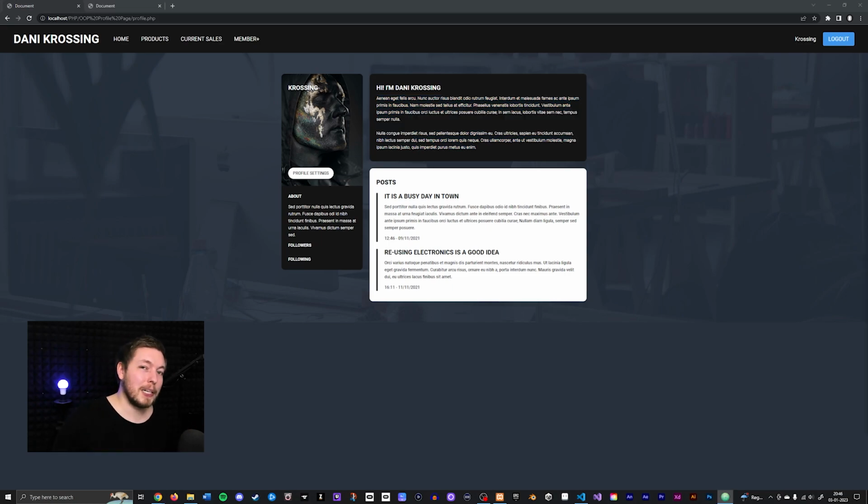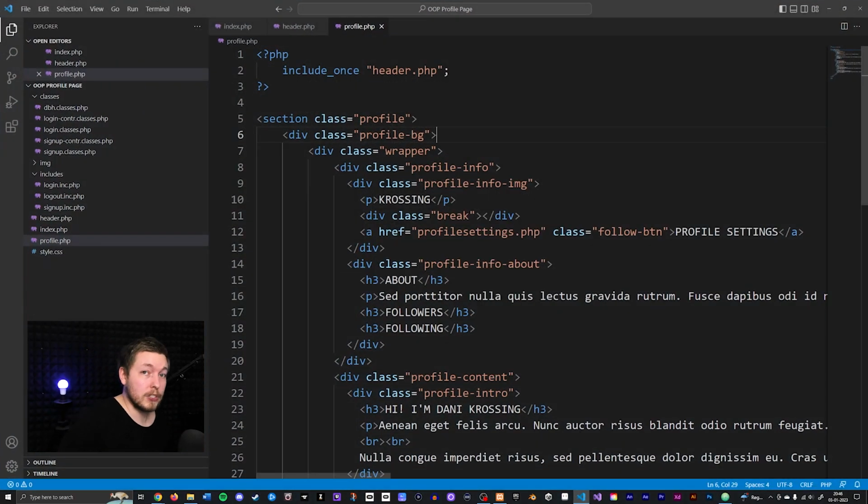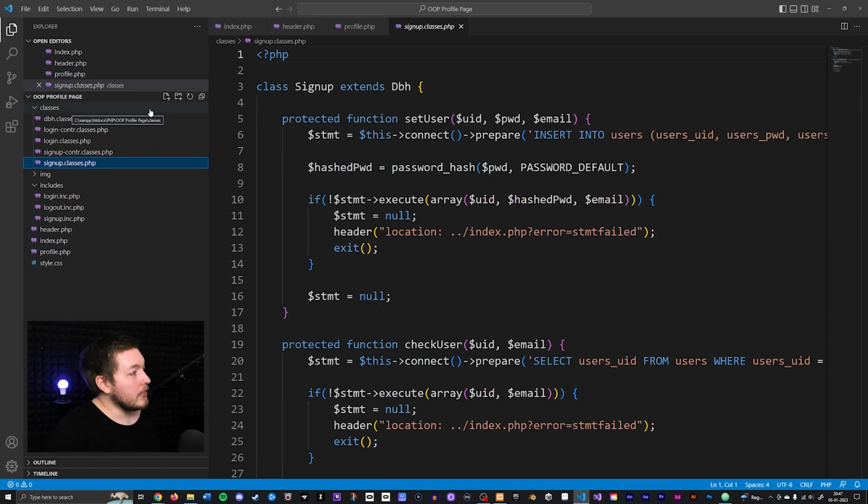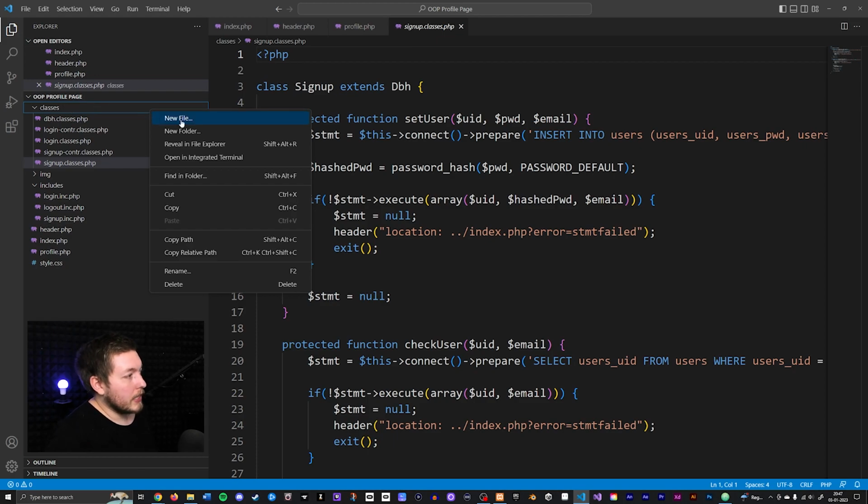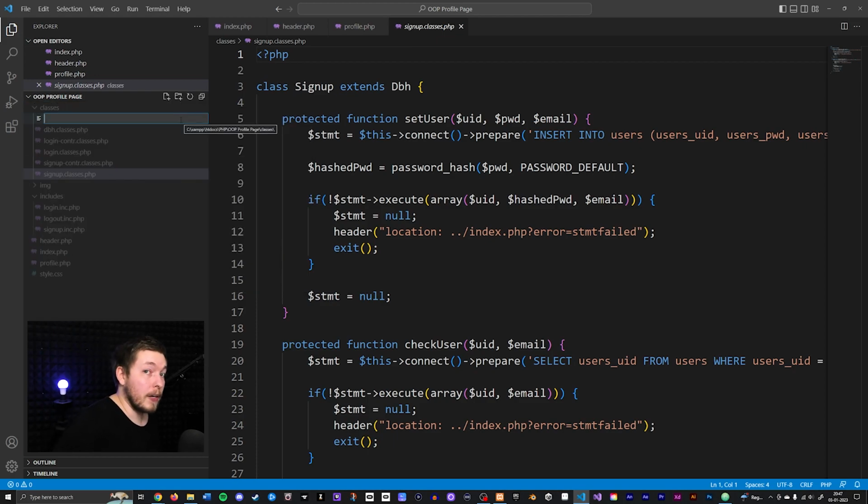So with all the HTML out of the way, let's actually go and start talking about the actual PHP stuff that we're going to build for this video here. So when we get started on building this profile page system, we will of course need to have a couple of pages or a couple of documents that are going to have some classes inside of them. Inside my classes folder, I'm going to go ahead and right click it and say I want to create a new file. And I'm going to go ahead and create one called